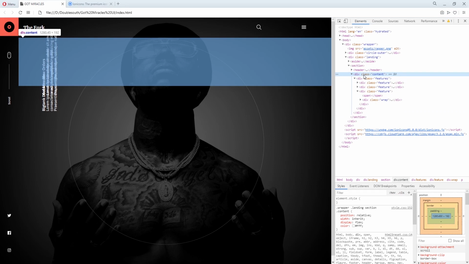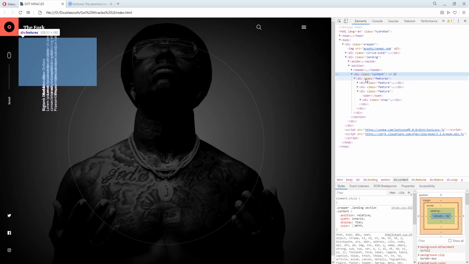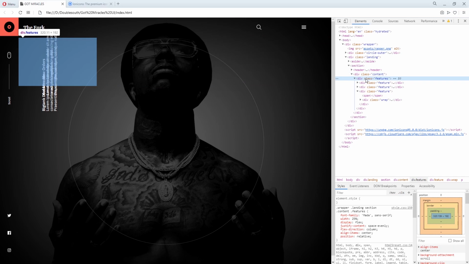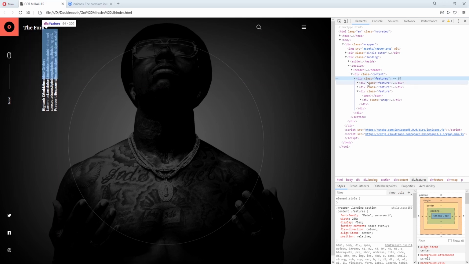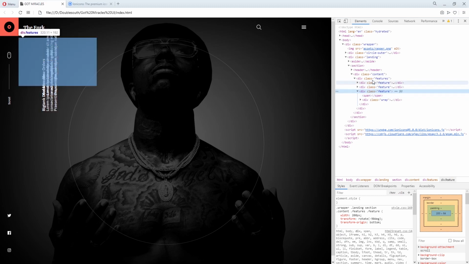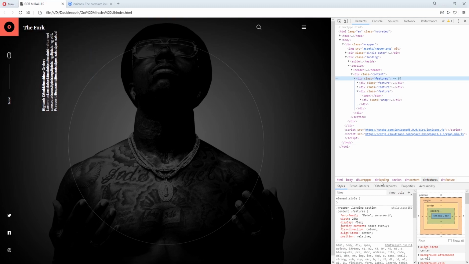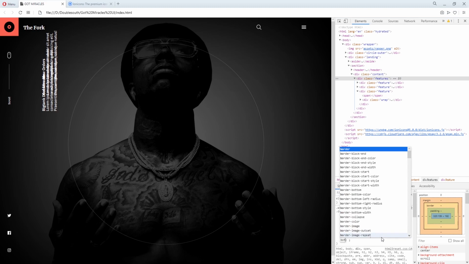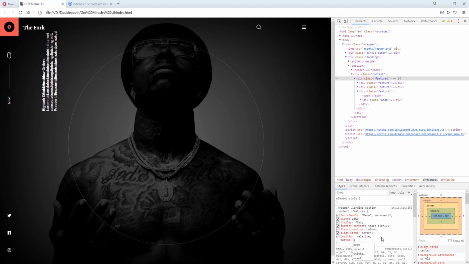What the one will give features. Feature. Justify content space evenly. Set the bottom to 80 pixels.